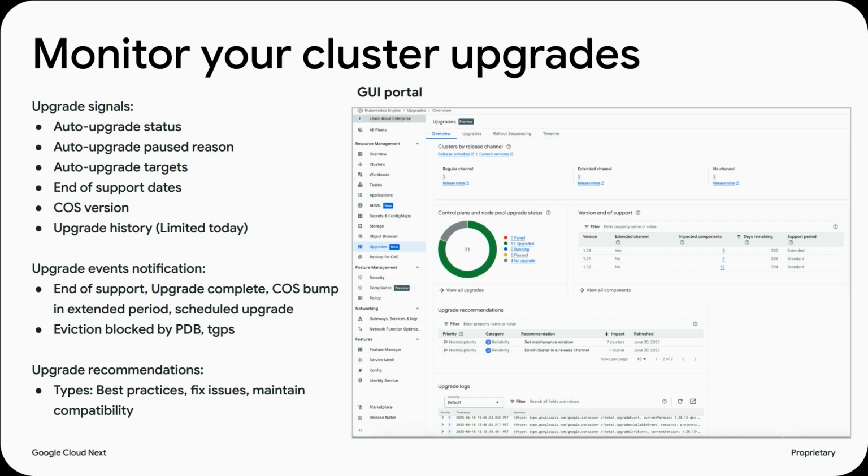We have upgrade signals and auto upgrade signals, so that's with the upgrade info API. We've invested a lot also in upgrade event notification, including end of support and eviction blocked, and then in recommendations that are integrated with the recommender API.